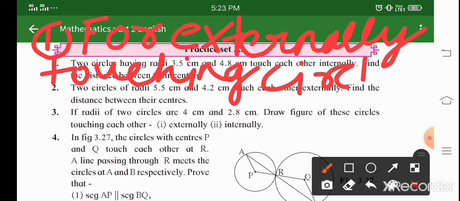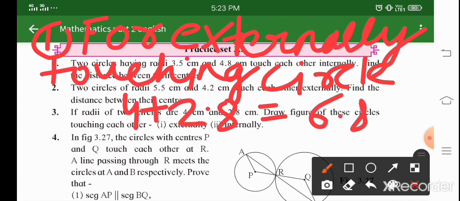They have given the radii. If two circles are touching externally, the distance between their centers is equal to the sum of the radii of the circles. So that is 4 plus 2.8. Just add these numbers, what you will get,